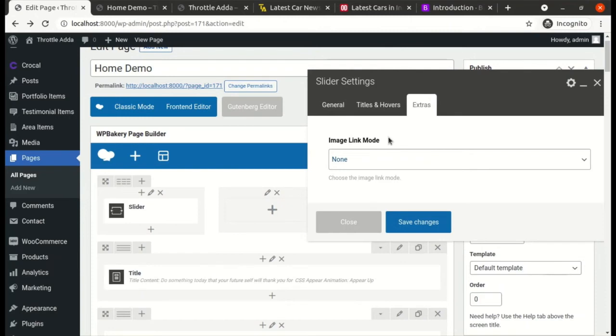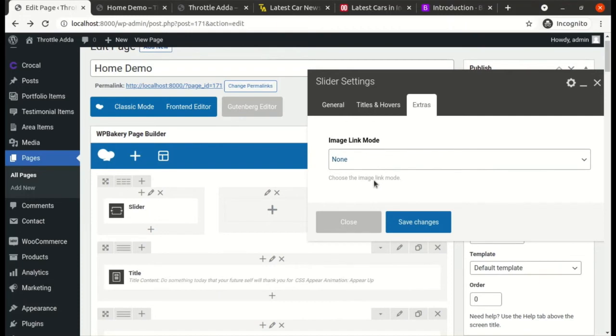Extras. So image link mode, what do we mean by that? Now an image in the slider is usually not clickable. It's just a slider which keeps on rolling to the next image.